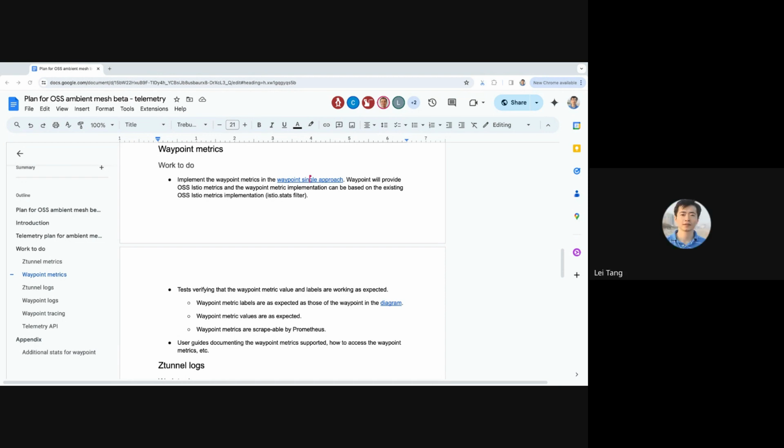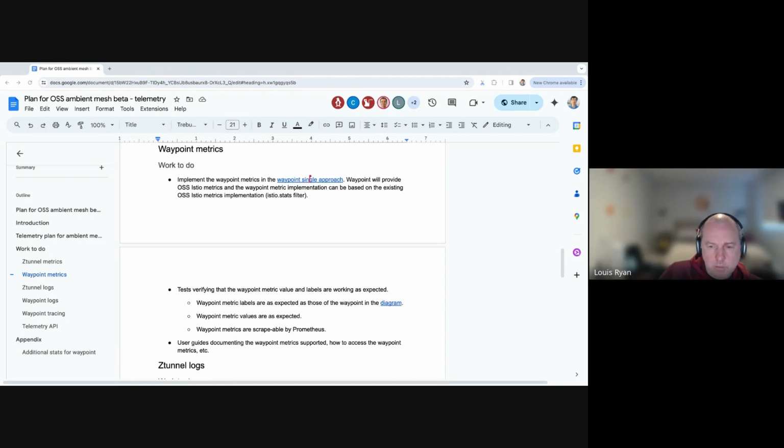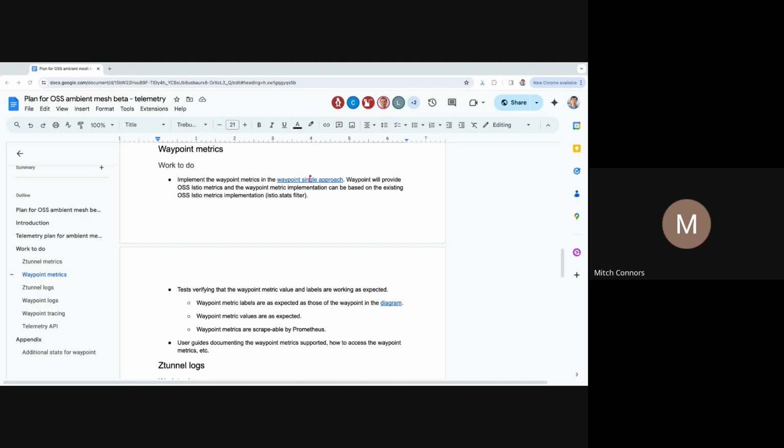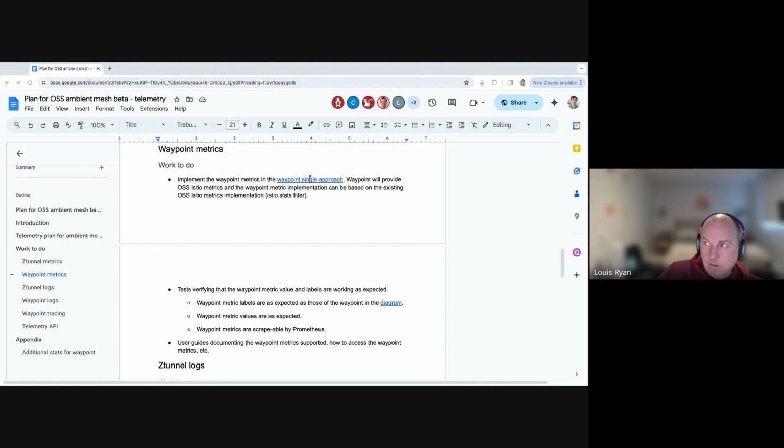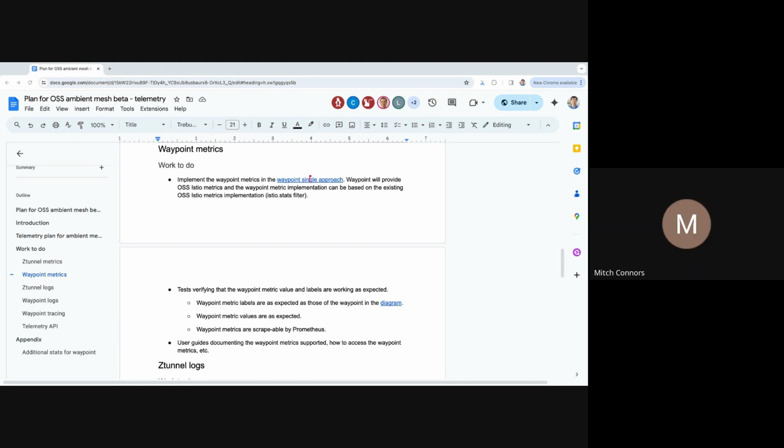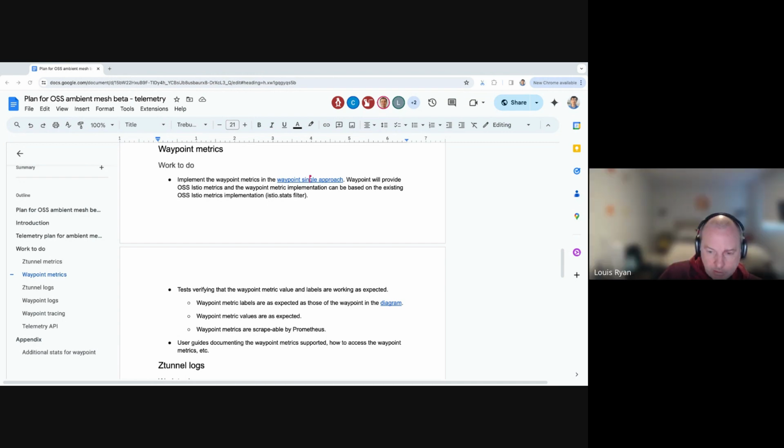Luis. So I think there are two orthogonal topics here, right? There's what's necessary to ship ambient data. And then what does more control over telemetry look like? That's fair. And I don't think the waypoint telemetry conversation is necessary for beta at all, right? Because we're launching L4. Well, we still have to know what we're going to launch for beta L7, right? So we still have to make a decision about that, regardless of the timeline. Sure. So the point still stands about these being separate.